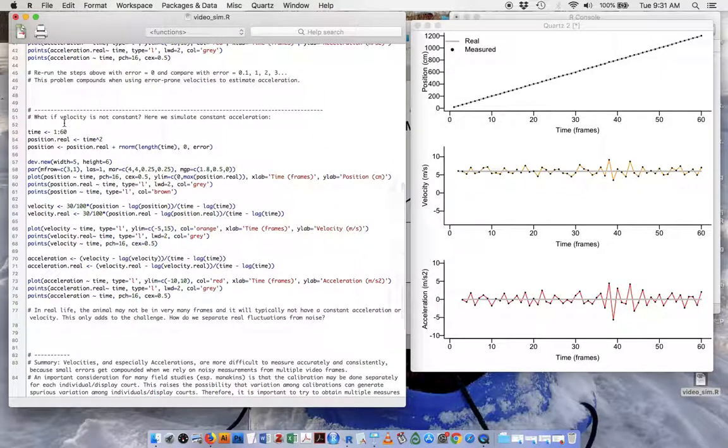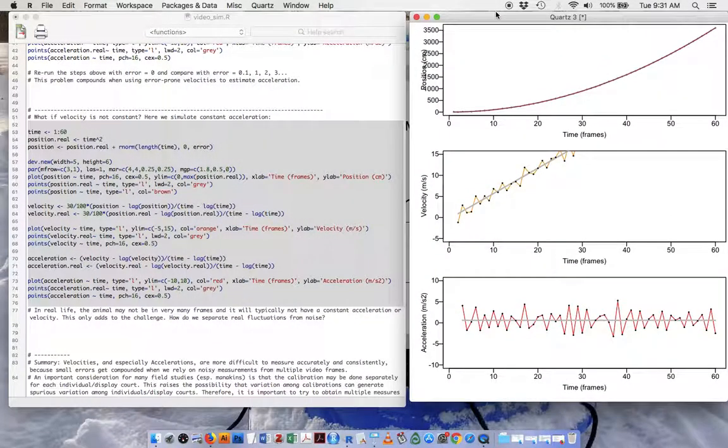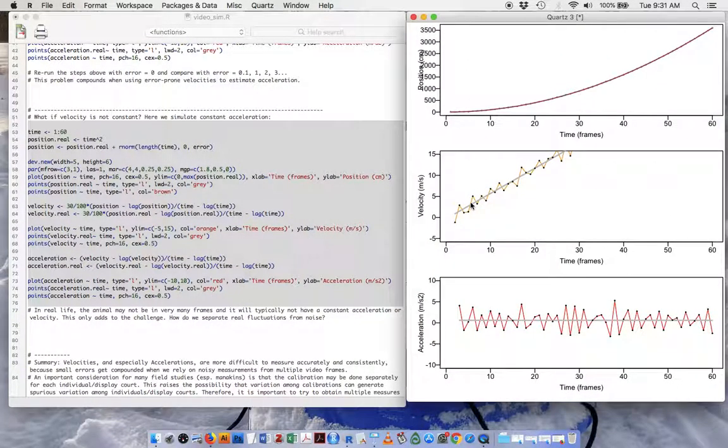Okay, so in real life, the animal's velocity is almost never constant. When a golden collared manakin leaps from one sapling to another, it doesn't have a constant speed. It's accelerating as it leaves the sapling and then decelerates again as it lands on the next one. And so here I've simulated changing velocity and yet still a constant acceleration. But you can see how a very minuscule amount of measurement error in position still creates large fluctuations in our